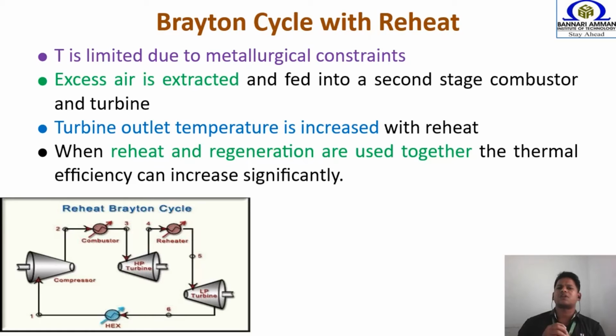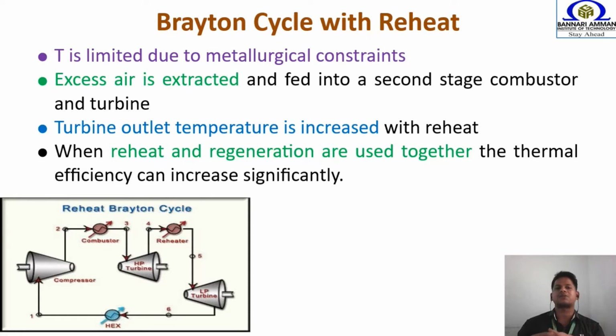The second constraint is about the two combustion chambers here, right? We have to send more compressed air into the combustion chamber. Why? Because we have two combustion chambers. We want to go for two stages of combustion. As we all know, for this exothermic chemical reaction, oxygen is a must, right? So we need to go for excess air supply. That is the second important point to be noted with this reheating Brayton cycle.